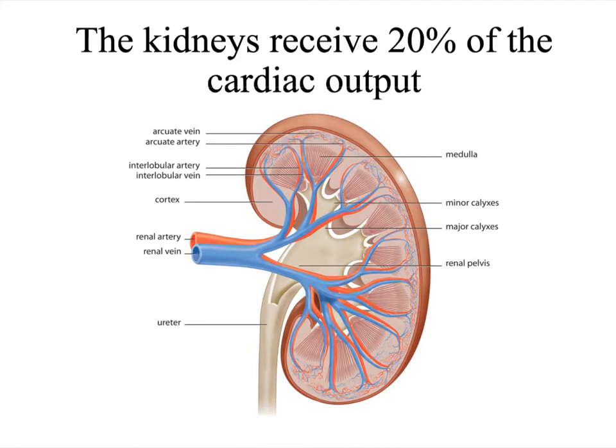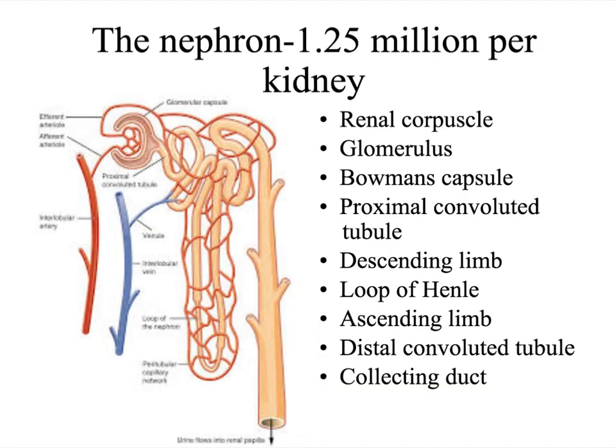The kidneys are fairly expensive for your body to run. They're going to require about 1/5 of the cardiac output, even though they're not structurally very large organs. They're about the size of your fist. They're very, very vascular, which would make sense when you think about the fact that they are actually acting as filters for your bloodstream. The functional unit of the kidney is known as the nephron, and you have over 1.25